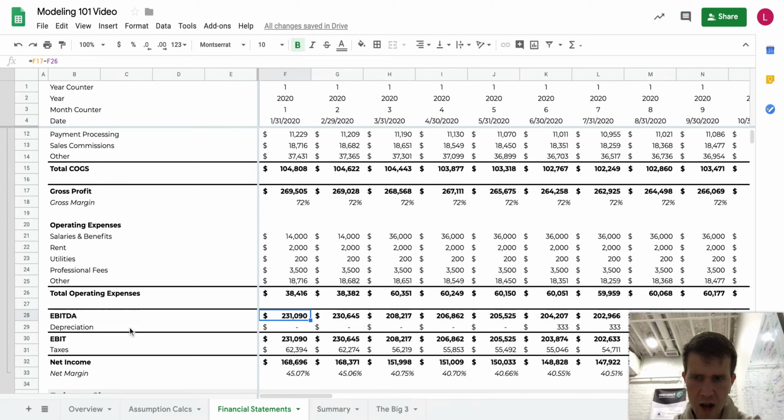So I mentioned a little bit earlier that there's a few other expense categories that aren't associated with operating expenses that do affect the income statement. One of these is depreciation. We'll go over this in detail in the next video, where we're going to be covering balance sheets. But this has to do with fixed assets. So just to address it briefly here, what this is meant to do is